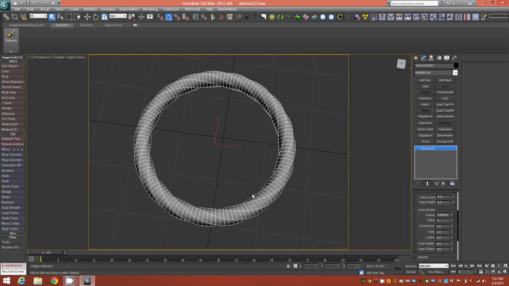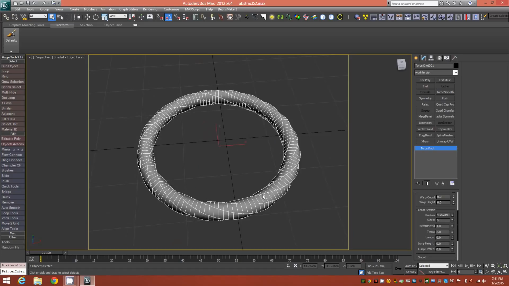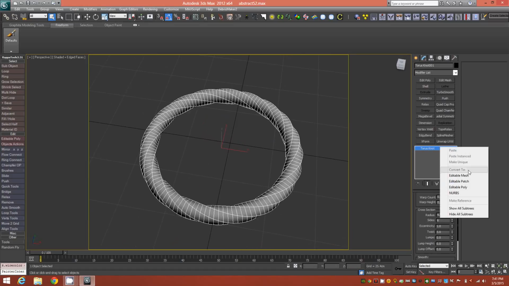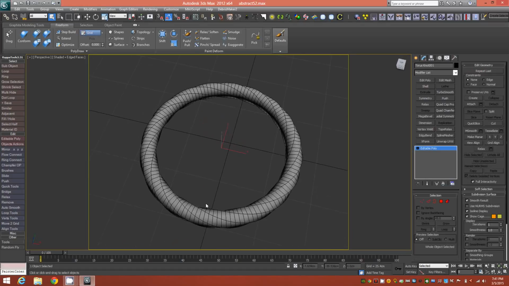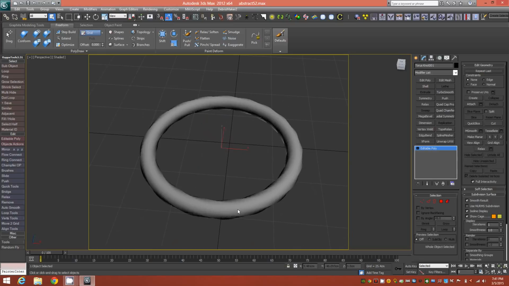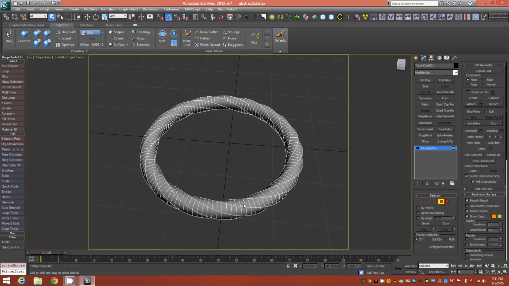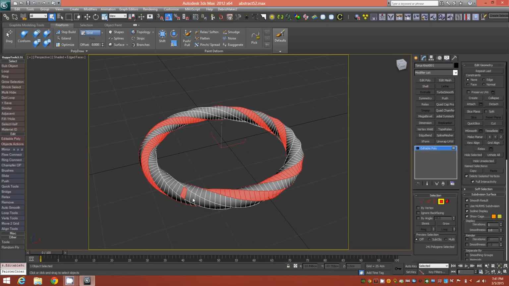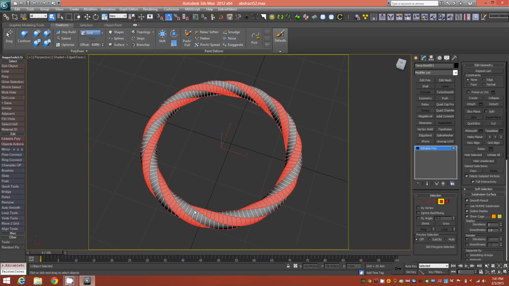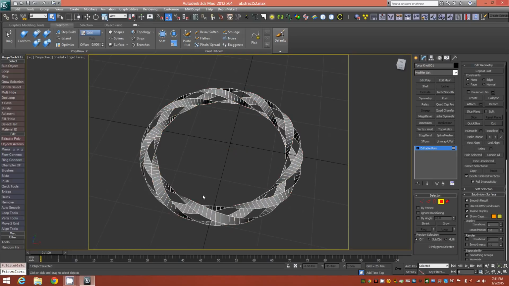All right. Now at this point we're done with the parametrics of the model, so you could go ahead and collapse that to an editable poly. Alright, and then we'll switch to face mode here, and what we're going to do to start off is just select every other face loop around the object, so every other strip around the object of faces, and go ahead and delete those. Alright, so what we're left with now are just 3